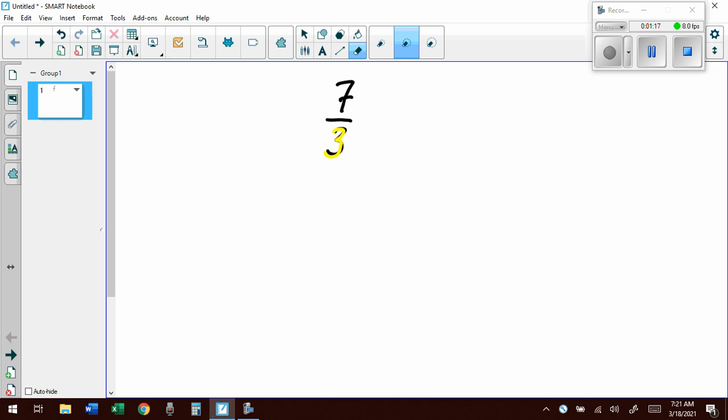So 3/3, 6/3, 9/3. Stop. We only have 7/3. So we're going to decompose 7/3 using a bond to show 6/3 and the remaining fraction, because when we